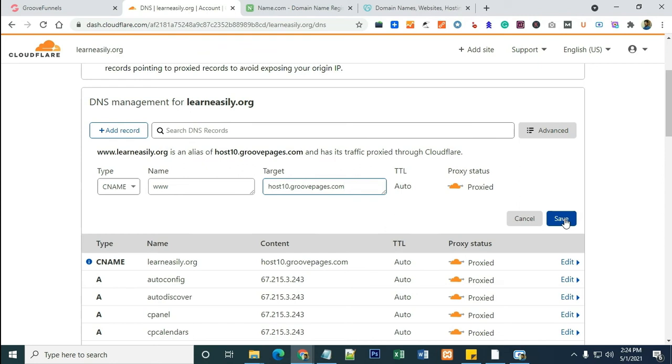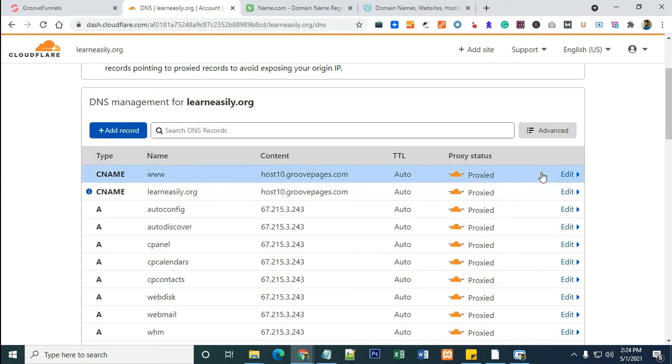Now click on save. Our CNAME records are added.